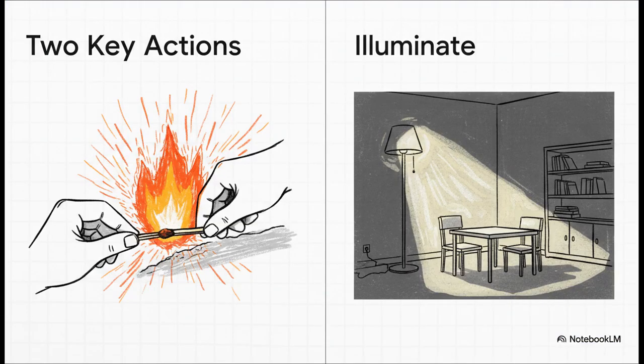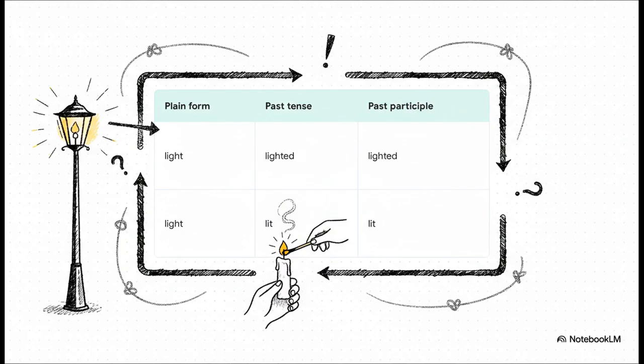As a verb, we're talking about two main jobs. You can light a match, meaning you make it catch fire, or a lamp can light the room, meaning it illuminates the space. Again, they're kind of related, but they're definitely distinct actions. And this is where we find the craziest twist in the whole story. Okay, look at this. This is the real kicker. The verb to light is both a regular verb and an irregular verb. You can say, she lighted the lanterns, and that's totally correct. But you can also say, she lit the lanterns, and that's also totally correct. This one basic word manages to be both the rule and the exception to the rule at the same time.